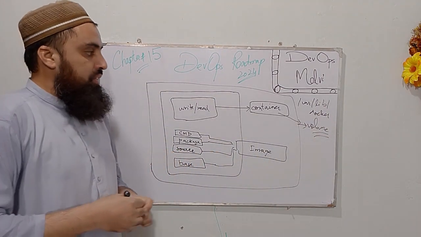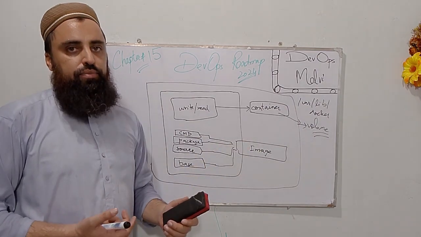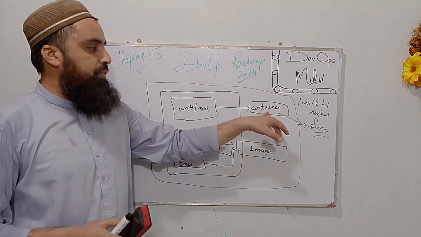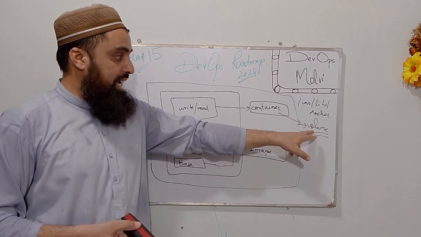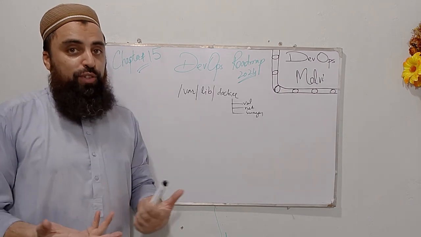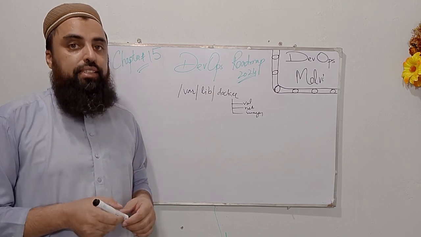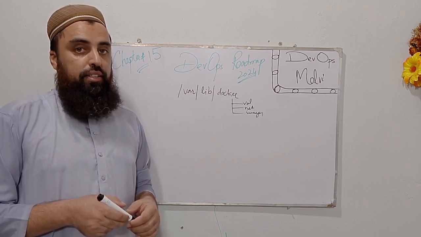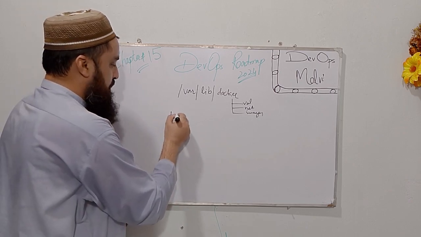Okay, so that volume can be attached to any container. Whether this container was filled, we can spin up a new container and attach that volume to the new container. Now we know the importance of Docker volumes. Docker volumes are used for persistent data storage, and we can create a Docker volume simply with the help of